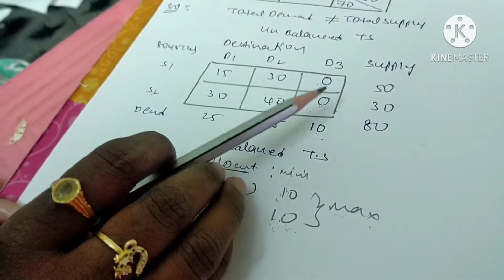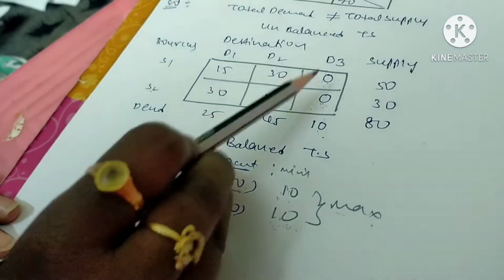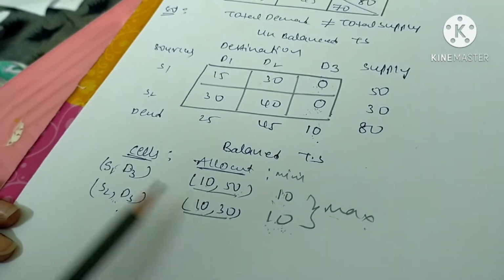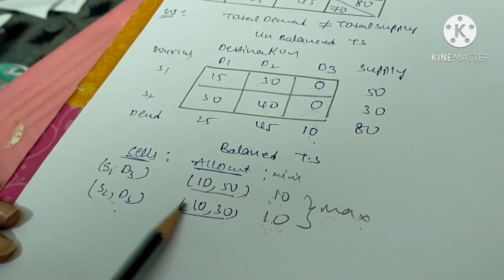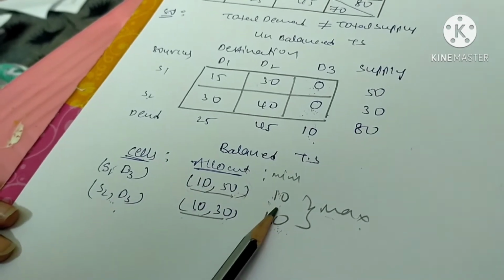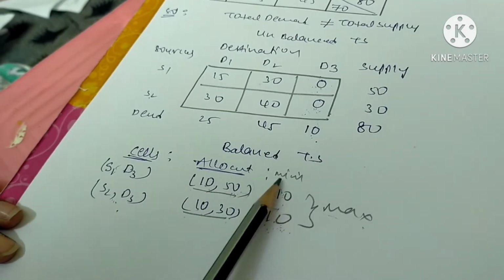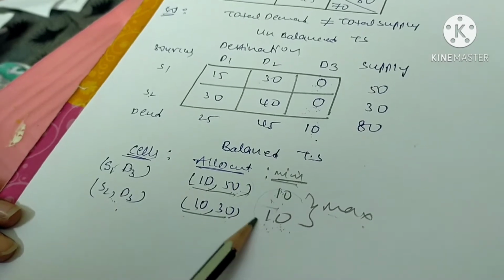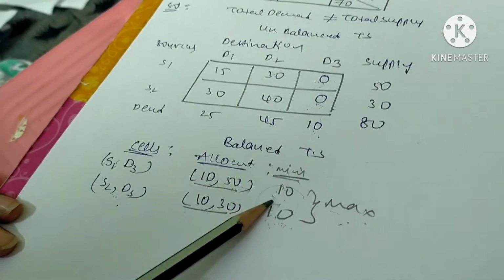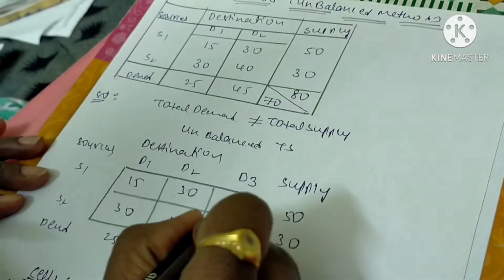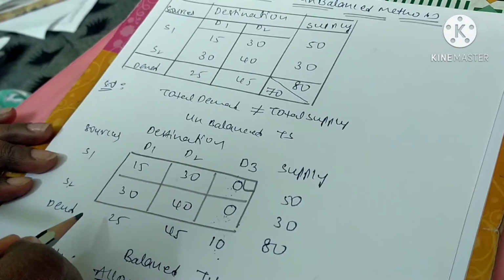If we have more than two numbers, to select the least number, this is the process. First write the demand value, supply value, demand value, supply value. From that you have to select the minimum number from demand and supply. After selecting the minimum number, from this you have to select the maximum number. Okay, here also we got the same number, that's why you can allocate anywhere. Here I am allocating here.